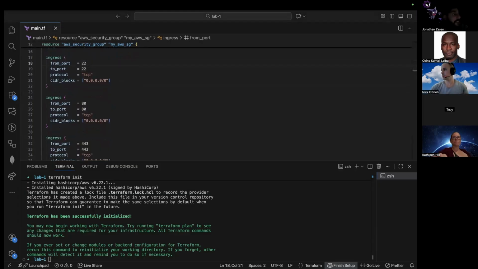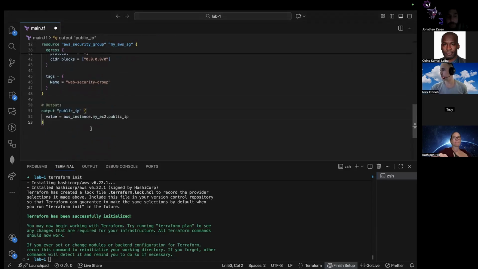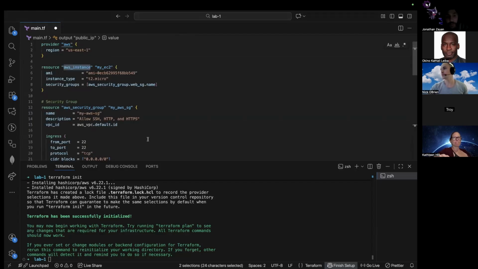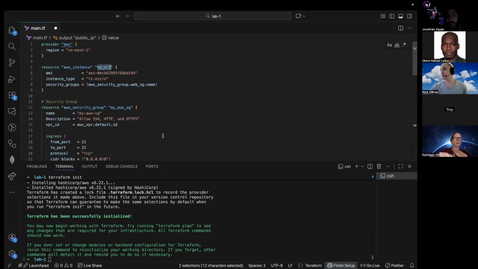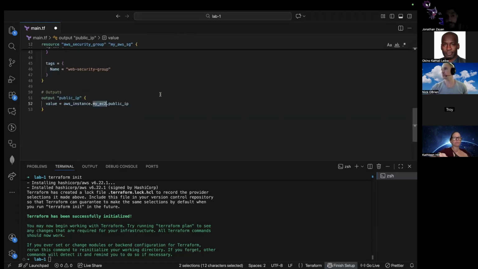And then here's another block of code. This is going to be your outputs, if you remember. Here are the outputs. It's a public IP. The value of the public IP is this AWS instance, which you'll know from up there, remember? And then my EC2, which you'll know from right here because we're referring to it locally.